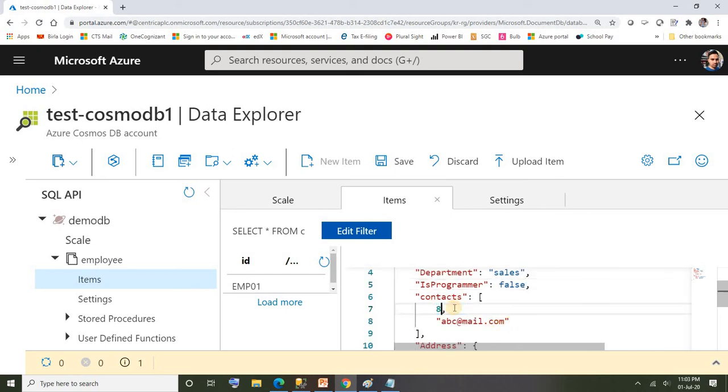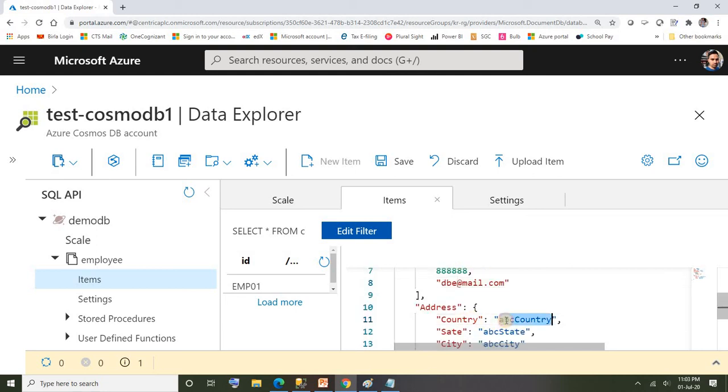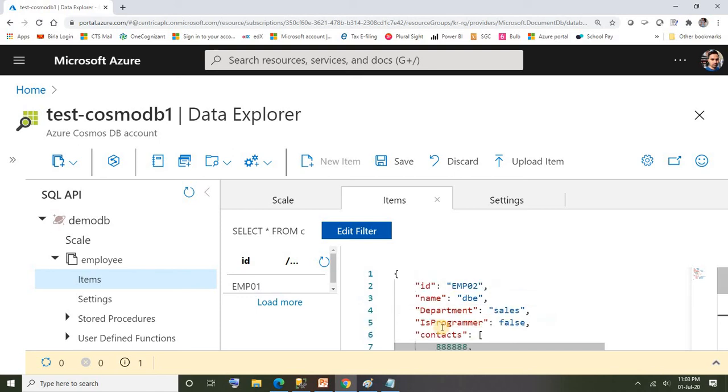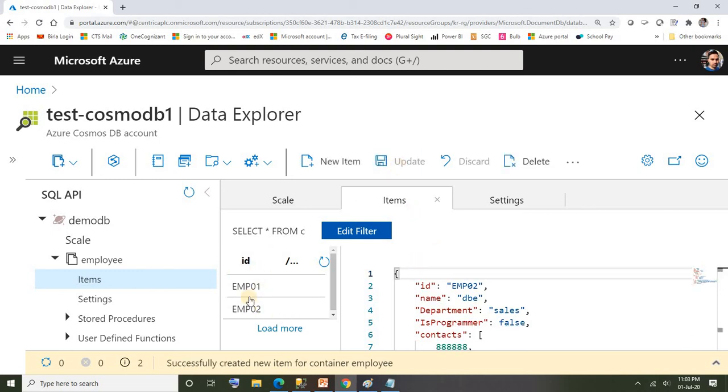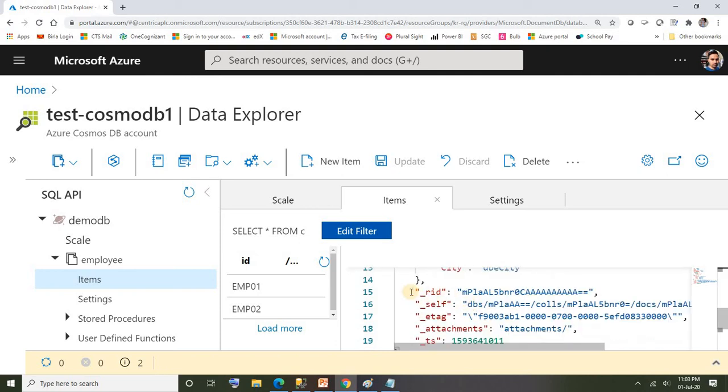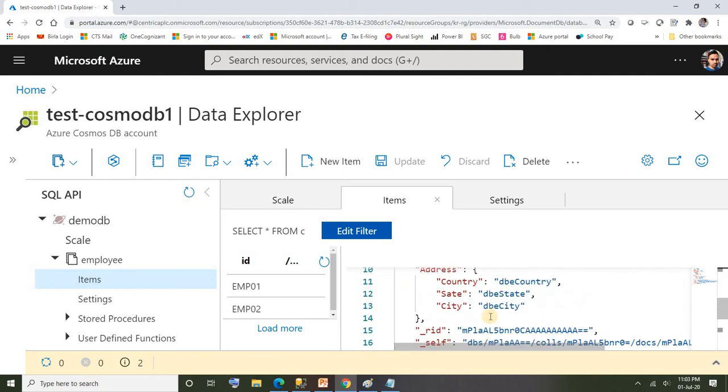Alright, let me make it his mobile number and his email ID is this, and country DB state, DB country, DB state, and DB city. Alright, I'm gonna save it. Yes, it's been saved. There is one more item added for the container. Alright, so if you come down, yeah, you could see there are default fields created as well.